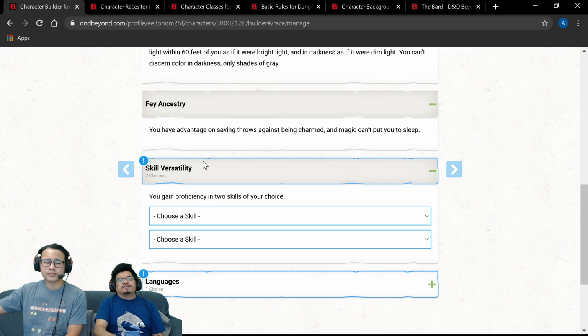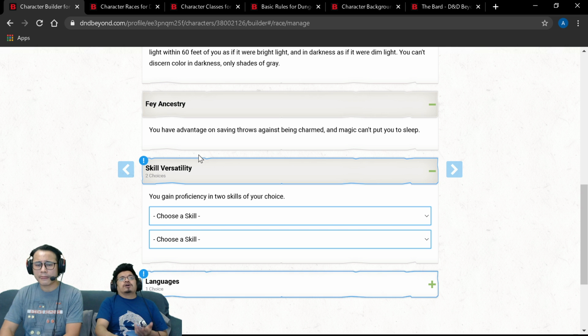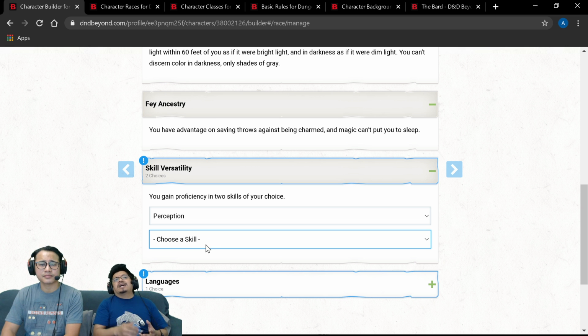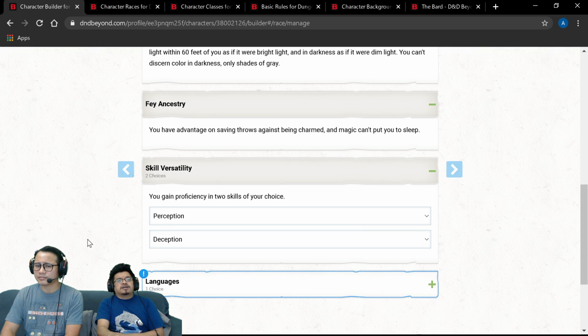Speaking of perception, that is part of one of the many skills, so we're going to choose that because it's awesome. And now we get to decide what else we want to be good at. Do we want to be good at deceiving people? Intimidating? Persuading? I'm going to hold off on persuasion for now for a very specific reason that I'm going to keep in my back pocket. But I think deception is always great as a bard because